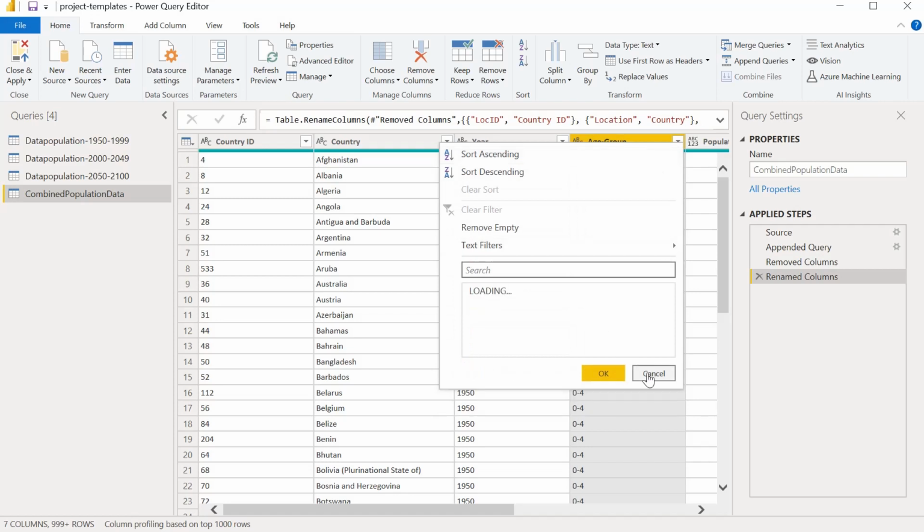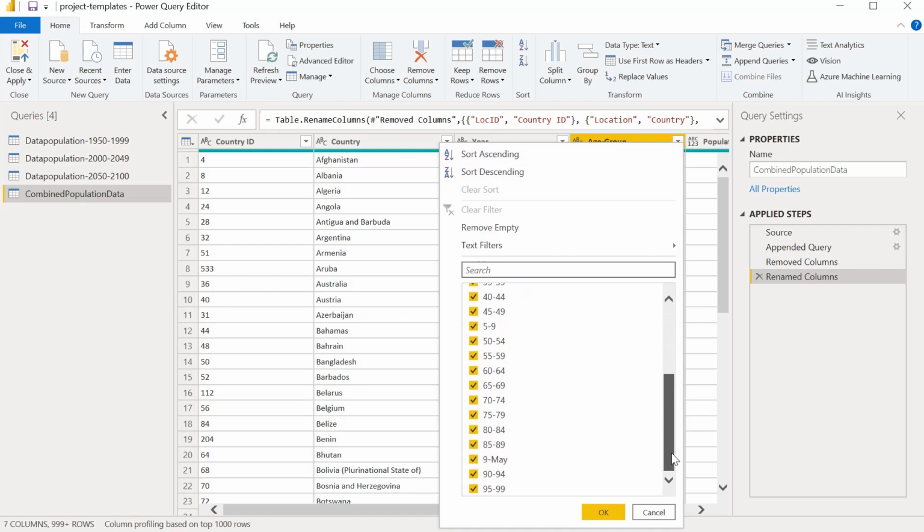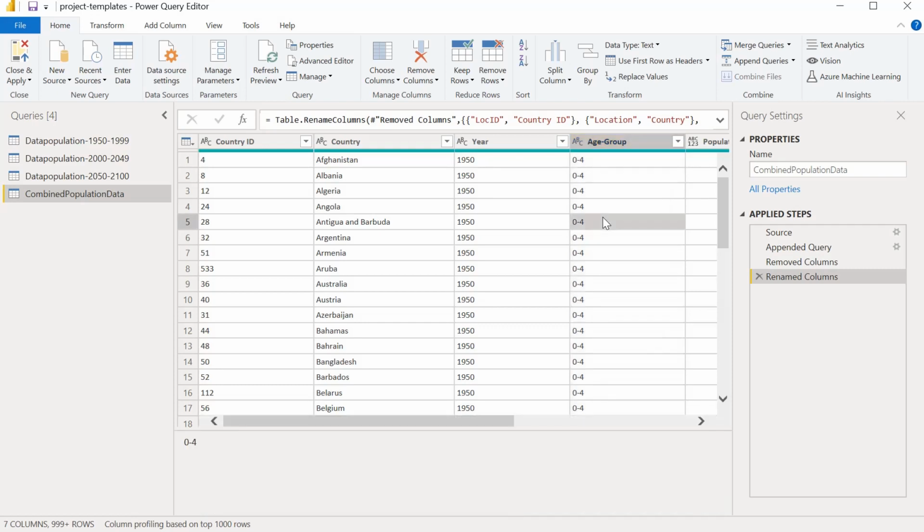Now, if you see just this age group, we will try to see all the data. When we scroll down, we can see that it is a number format, 0 to 4, 10 to 14, then some 100 plus, but there is a value which is 14 October. Then there is one more value which says 9 May. That means this is something which came wrong. All other data is numeric, but this is not correct right now, so we need to correct this, and there are various ways we can replace this.